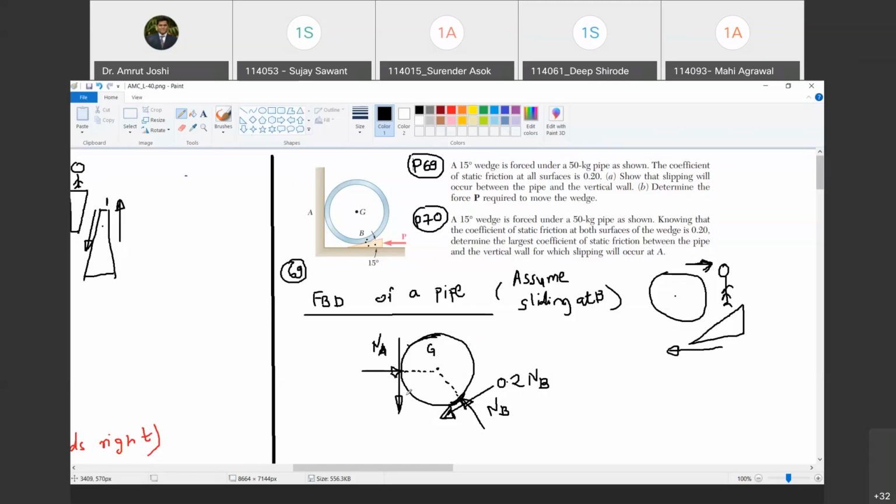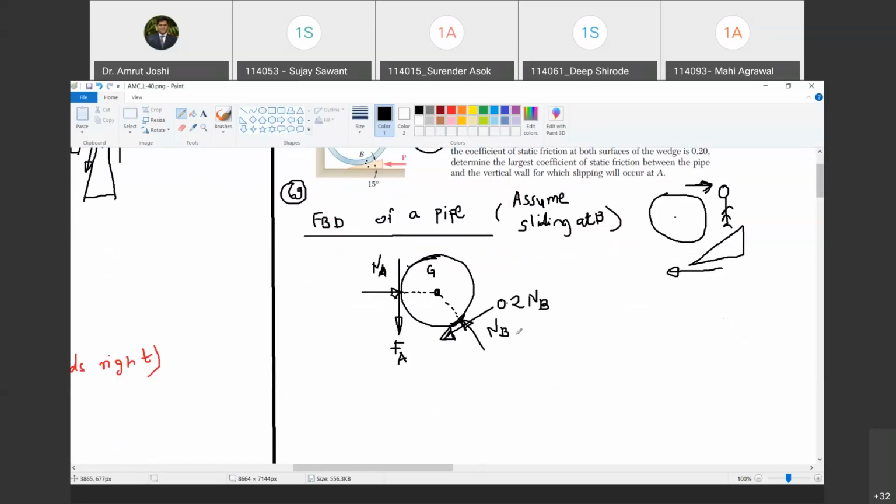So let us try to answer this question now. I am going to call this the frictional reaction at A, so let me call it FA. Are you with me? Yes, sir. Now, when the wedge is on the verge of going in, at that time equilibrium must be maintained because the motion has not yet commenced. Do you agree with me? Yes, sir. So in that case, can you tell me how many unknowns are there? Three unknowns: NA, FA and NB.